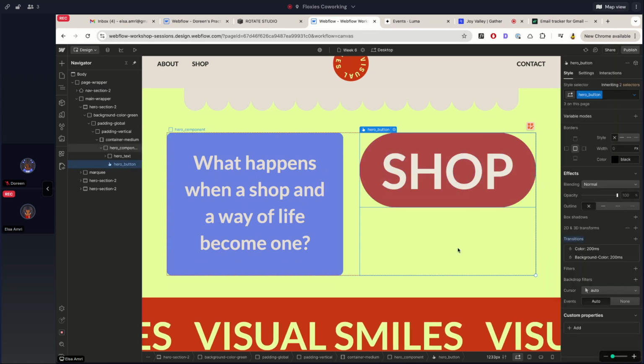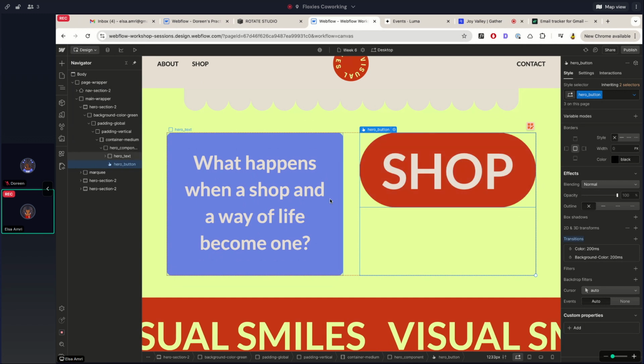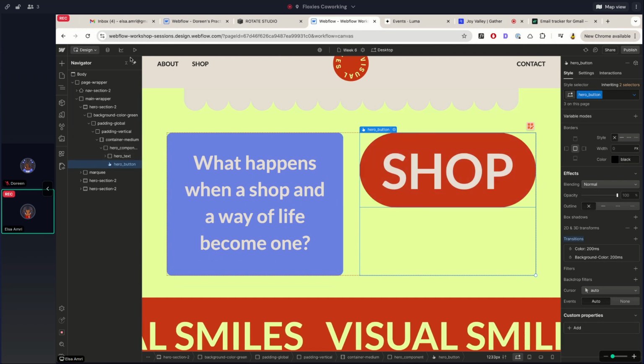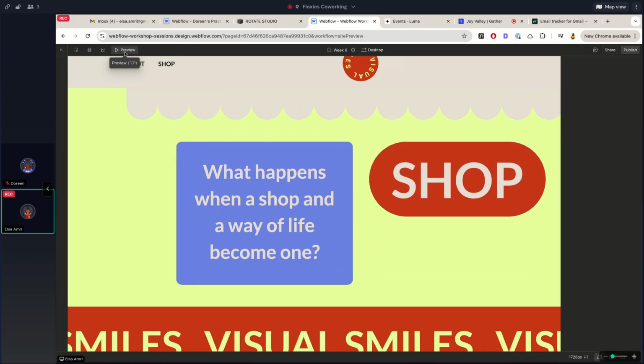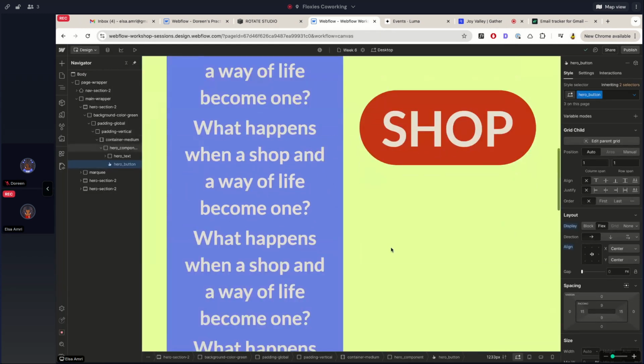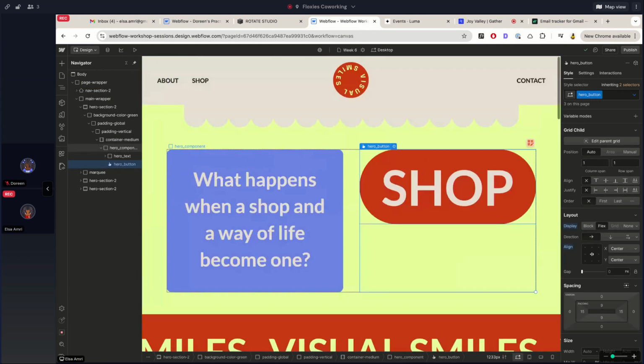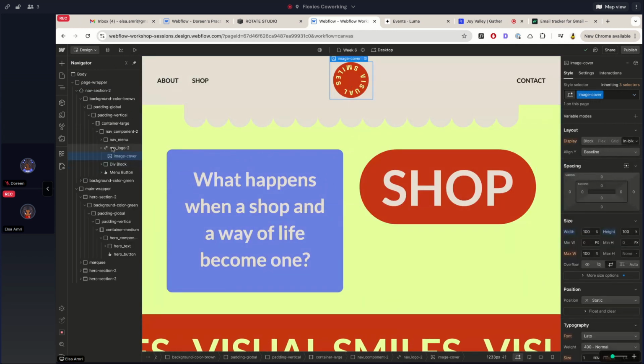Now you can see, even in preview, there's this soft fade-in effect for the color. It's not abrupt like it was before, it's more gradual. And like I said, you can make it faster or slower depending on what you want. So this is